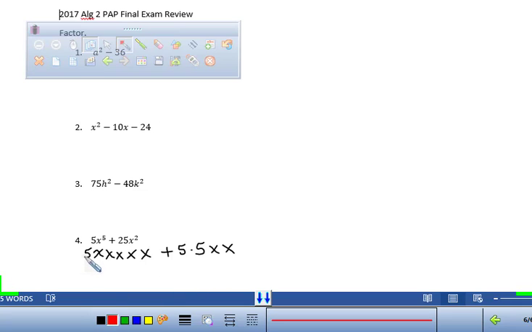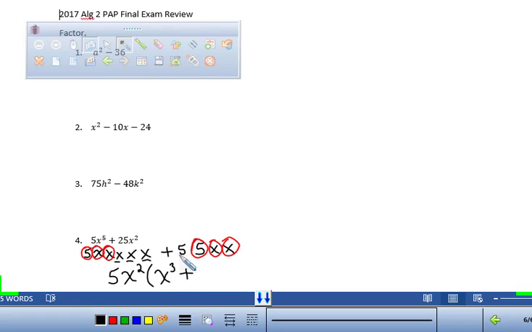So you look for those greatest common factors. Here you can see you have a 5, an x, and an x. Here you have a 5, an x, and an x. So when you bring out the greatest common factor, 5x squared, what's left over? You have an x cubed